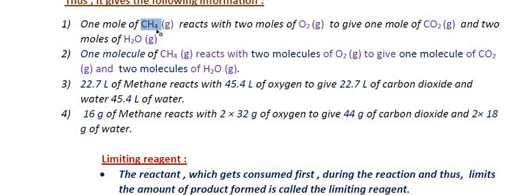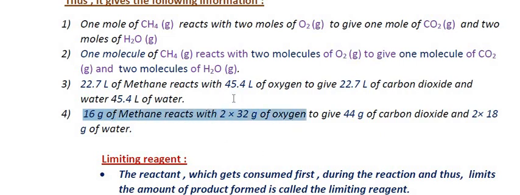I repeat again, what is molar mass? Molar mass is the mass of 1 mole of any substance in gram. So that is why it's 16 gram. 16 is the molecular mass of methane, and the unit is gram. So 16 gram represents the molar mass of methane. Since we had only 1 mole of methane in the chemical reaction, this fourth point is mentioned over here, that 16 gram of methane reacts with 2 into 32 gram of oxygen.